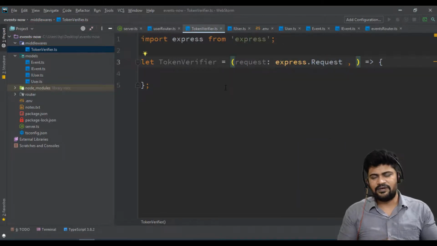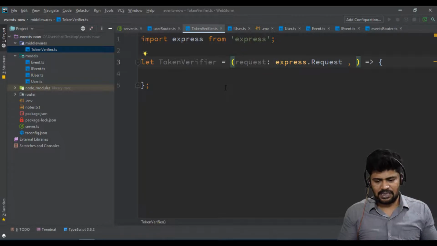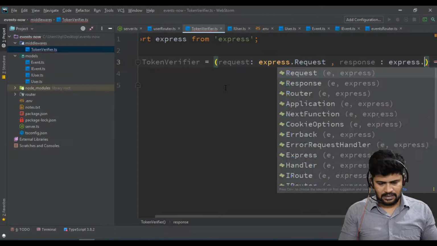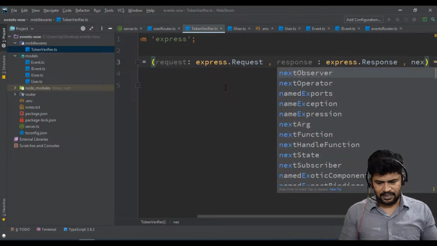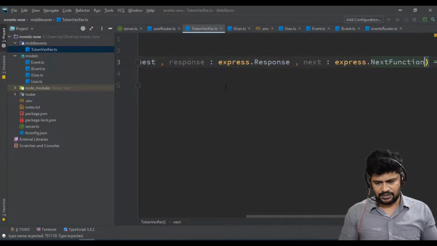We already made a video on middleware, so please go watch that first and come back, so you understand what a middleware actually is and how to use it. Response is express.Response, and the next function is express.NextFunction.